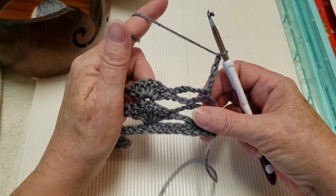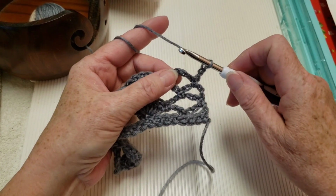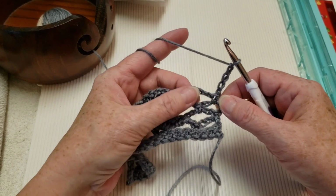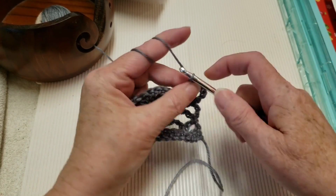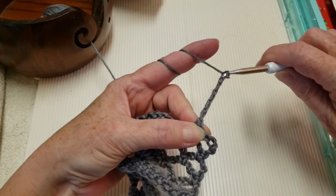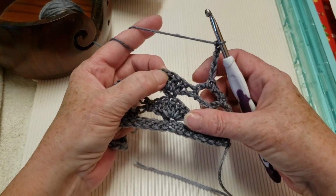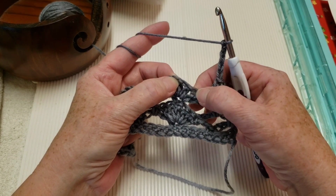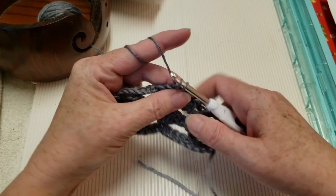So this is the row with single crochets and chains only, no shells. Put your hook through that first chain 5 space and make a single crochet. Chain 5, 1, 2, 3, 4, 5. Go into the center stitch of your shell, or count the single crochets, 1, 2, 3, and then the 4th stitch. Put your single crochet,